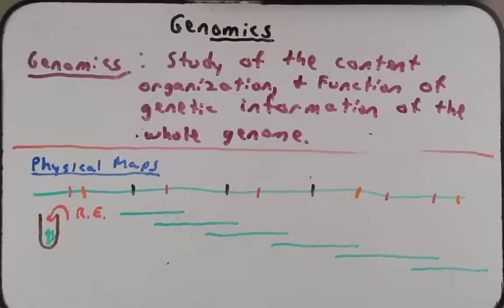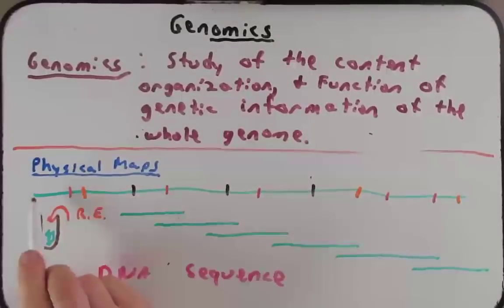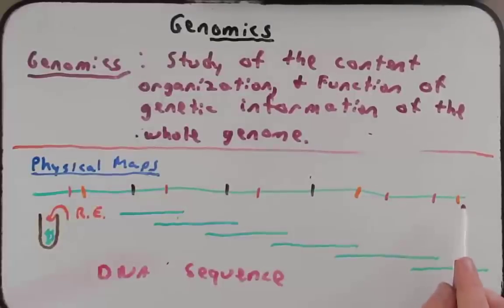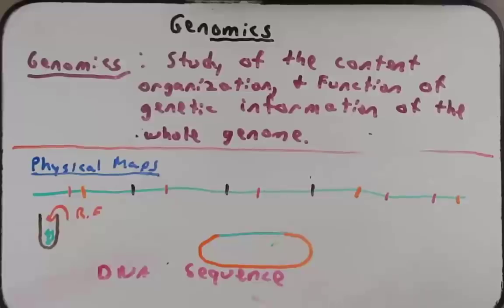However, if we really want to understand the genome, mapping the chromosomes together is helpful, but what we really need is DNA sequence. What is the actual nucleotide sequence of this? Then we can start to understand the different genes that are located here. We can start to understand more about the nature of those genes. So how do we go about doing that? Well, we could take, say, this sequence that's been cut, and put it into a plasmid, and we can sequence this. That's not too much of a problem. We could sequence this. And we could do that with all the fragments.